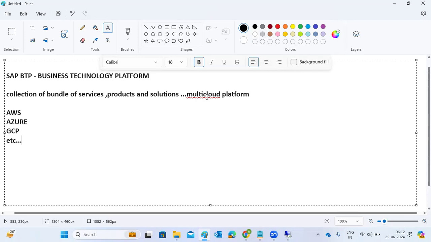You can run on different hyperscalers, like some services on AWS, some on Azure, Google. So you can use it here. It is a portfolio of all the technologies that allows you to transform your data into value efficiently. In BTP you can transform your data here, right?